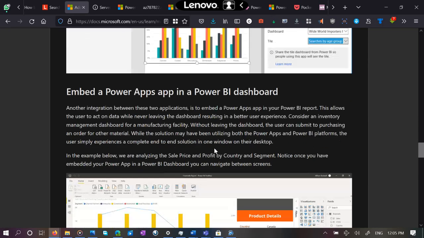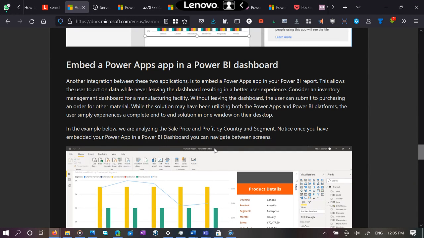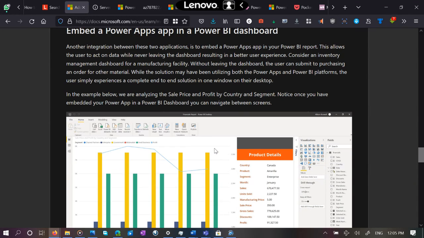Second, we have embedding a Power Apps app in a Power BI dashboard. Another integration between these two applications is to embed a Power Apps app in your Power BI reports. This allows the user to act on data while never leaving the dashboard, resulting in a better user experience.